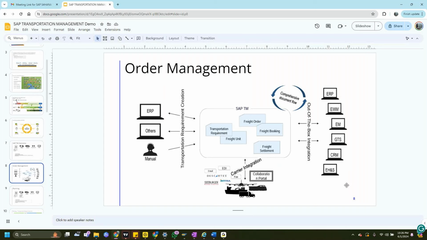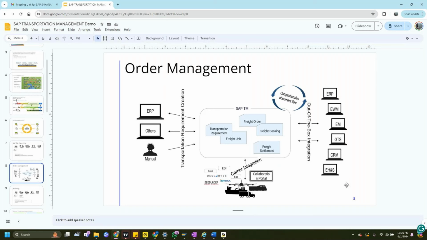So it's like an Amazon portal, right? As a customer, or as a carrier, as a manufacturer, I use the carrier portal like an Amazon service, where I can choose the carrier, give him his contract, and he will come and pick our goods and deliver them, and he will give his invoice from that portal itself.